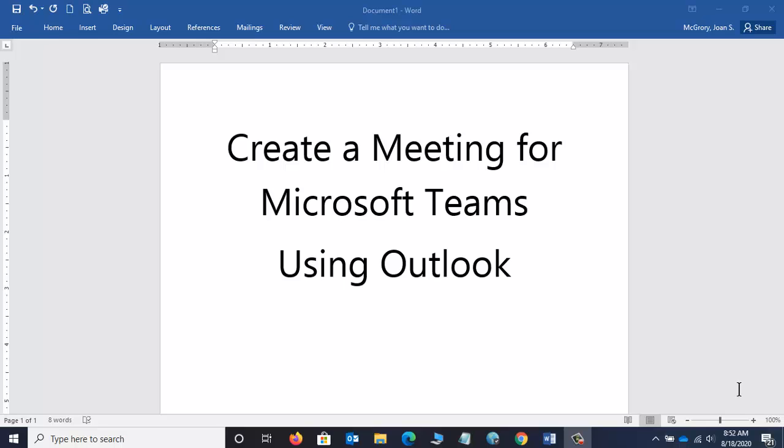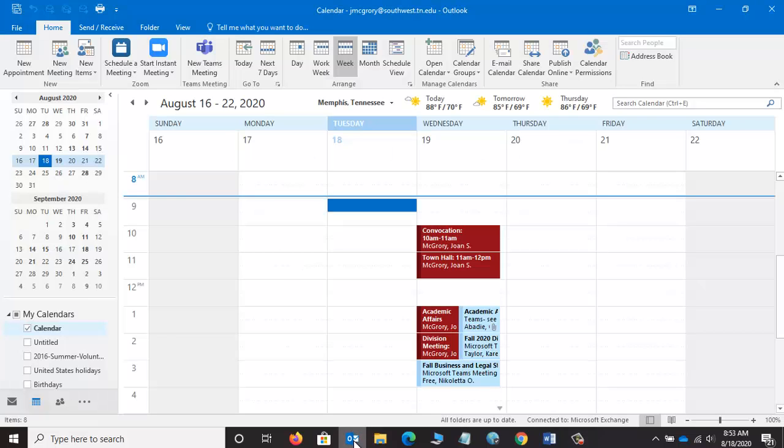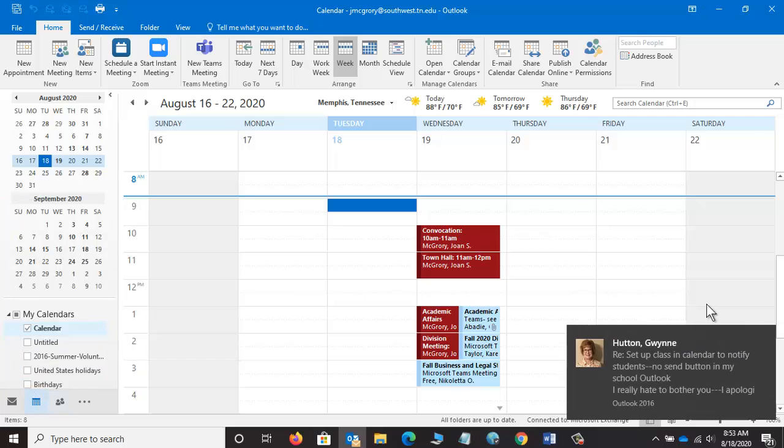So if you are opening a web browser to go into Outlook, like maybe first you go to a website and then you click the Outlook icon, that is not the same. It's all Outlook, but I'm specifically talking about Outlook installed on your computer. So I already have my Outlook open, and when you come in it probably shows your emails, but down towards the bottom